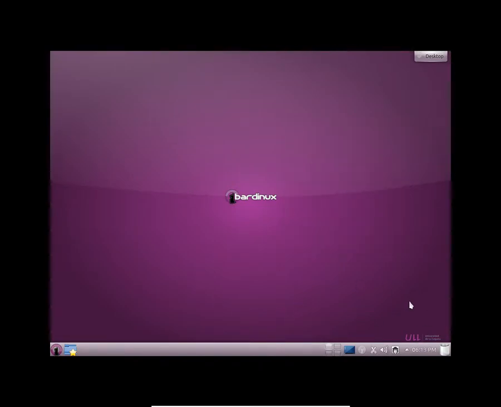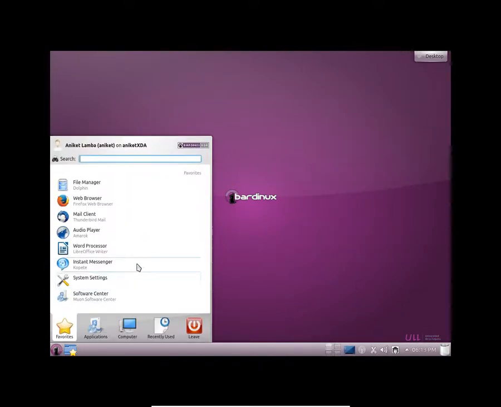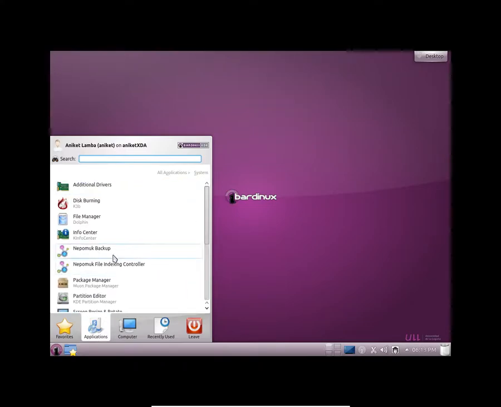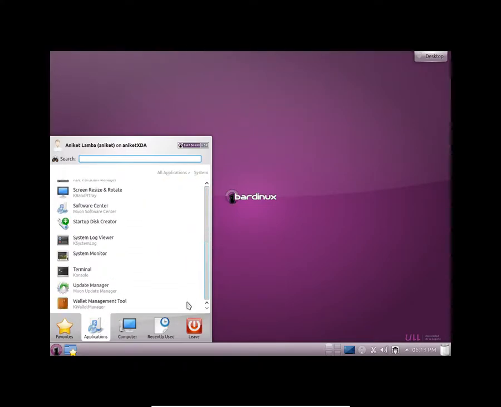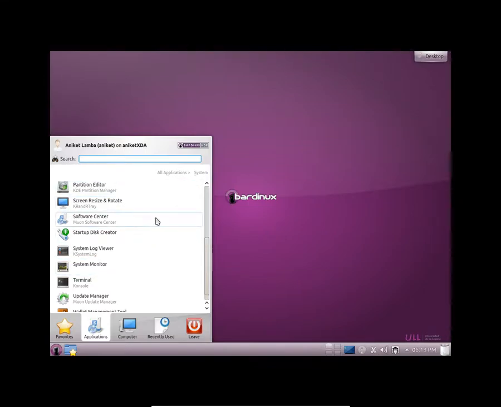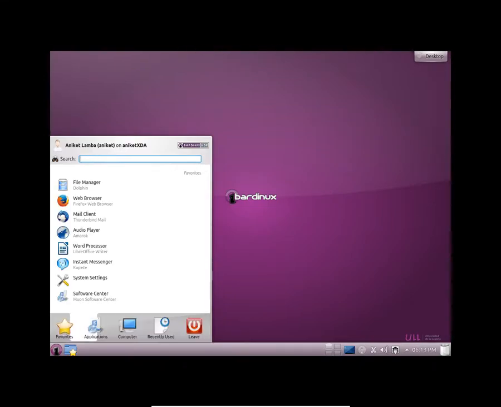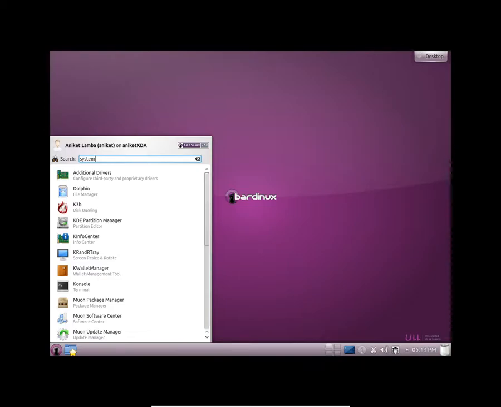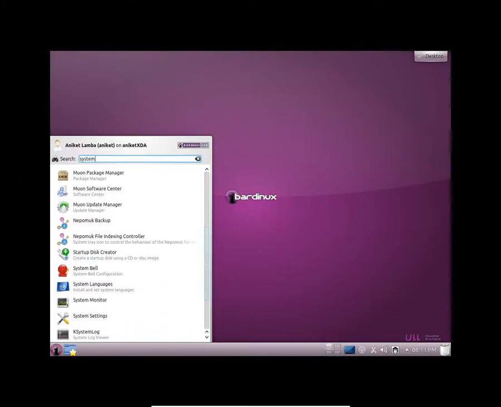So we get the basic KDE desktop here, and let me just check out the system details. System settings.